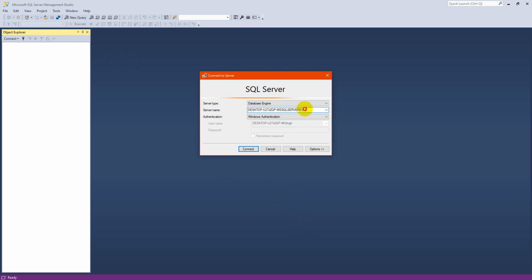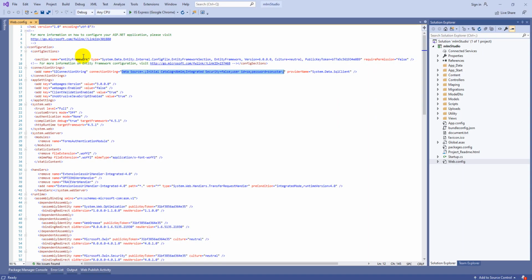You need to pick this name, and then go inside the connection string. Where there is a dot, you need to paste this name. After that you need to change your database name.